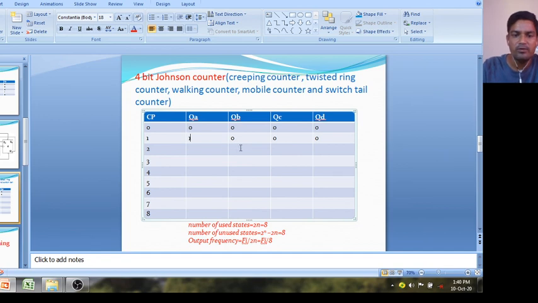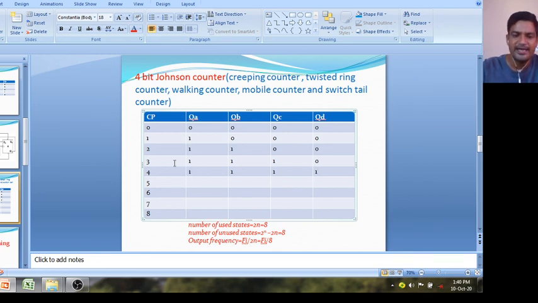Now similarly apply the second clock pulse. This 1 is shifted here, this 0 is shifted here, then this 0 is shifted here. Okay, now the complement of this 1 will come here. Now in the next clock pulse, this 1 is shifted here, this 1 is shifted here, this 0 is shifted here. Now the complement of this 1. In the next clock pulse it will be 1, this 1 is shifted here, so it will be 1, this 1 is shifted here, and this 0 complement 1.